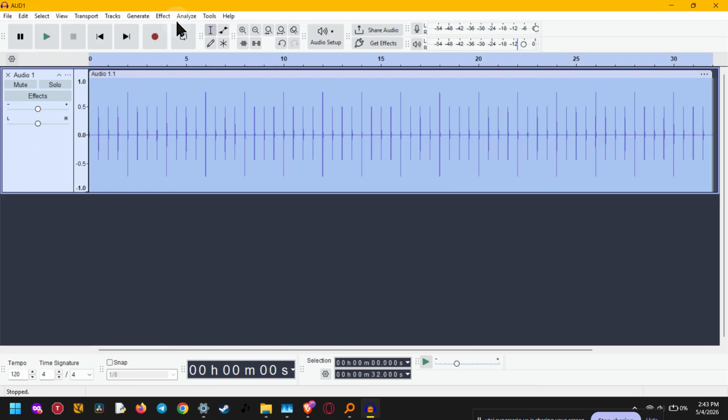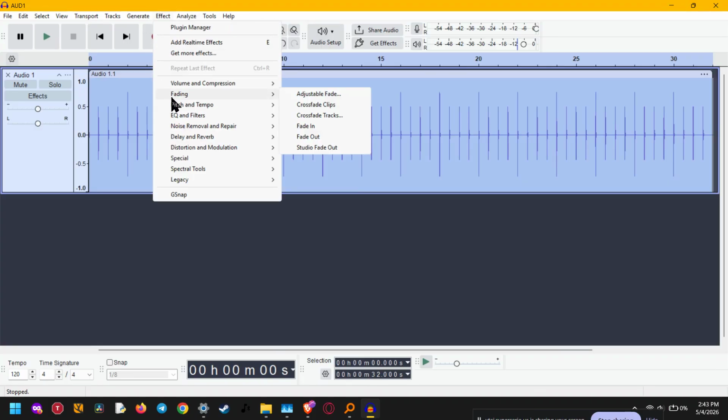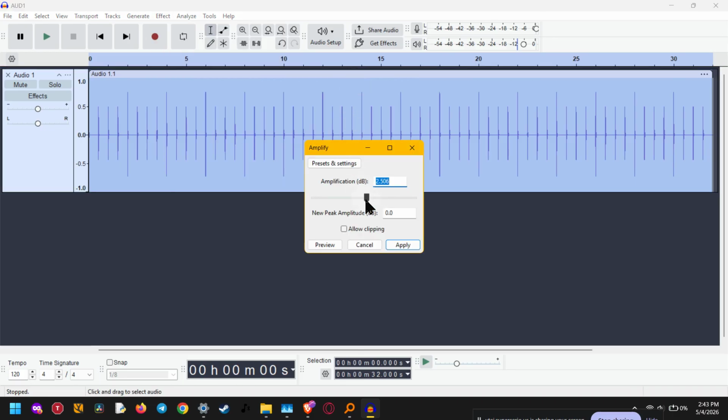Next, go to the Effect menu at the top of the screen. From there, choose the category that matches the effect you want, such as volume and compression. Then click the name of the plugin you want to apply. Once the plugin window opens, adjust the sliders or any available settings. These controls can vary depending on the effect, so look for the parameters that shape the sound the way you